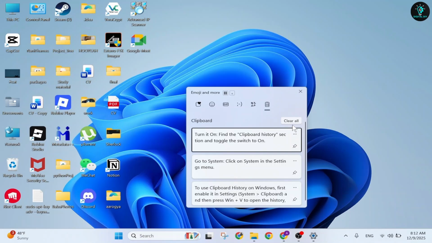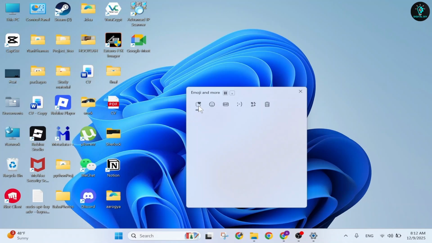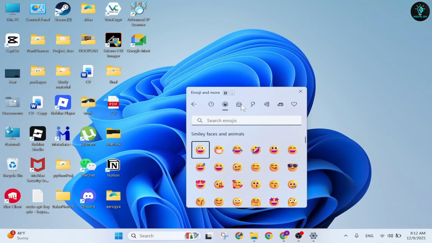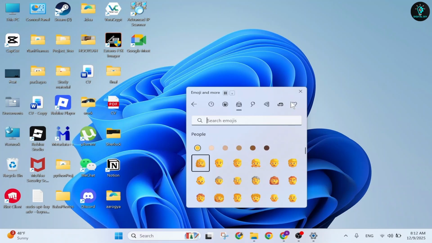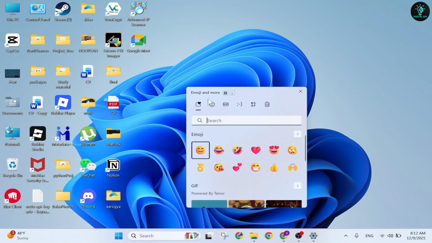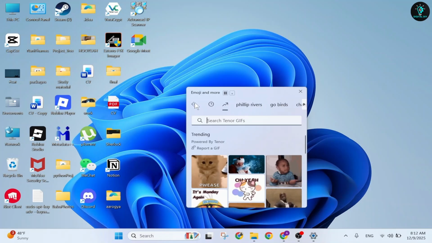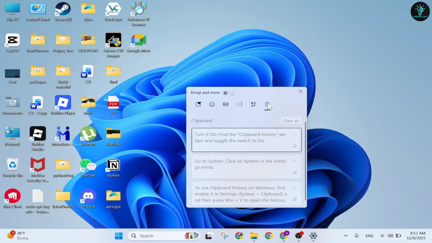If you want to clear out your clipboard history, tap on clear all. And here you can see multiple options as well, such as the emojis and stickers and everything. So let's head back here. You can even see the GIFs. But yeah, this is how you access your